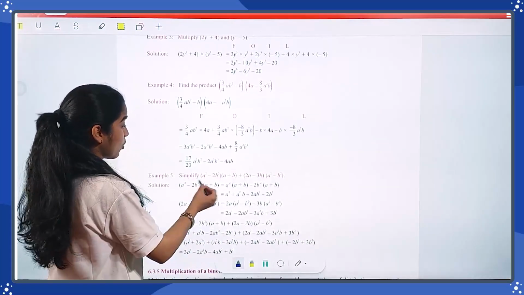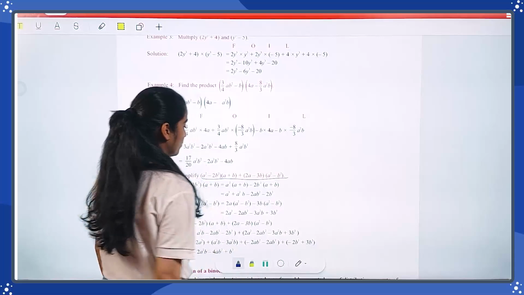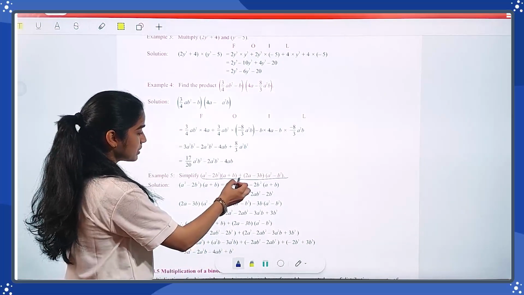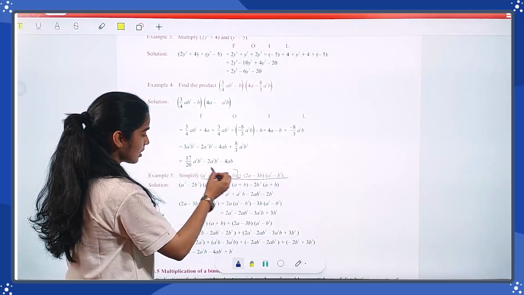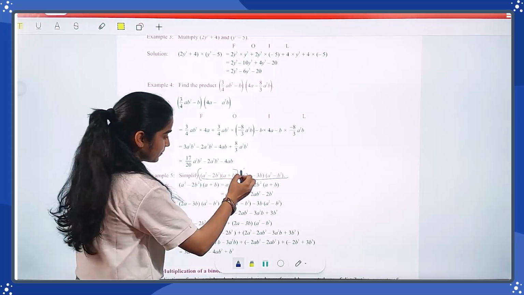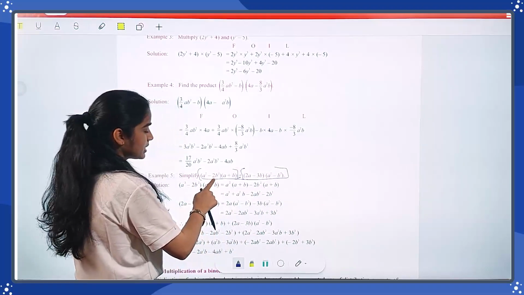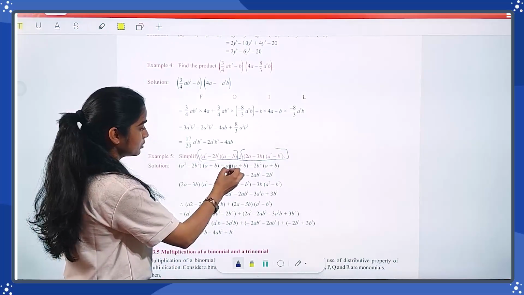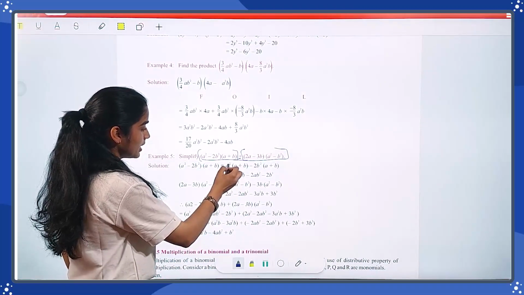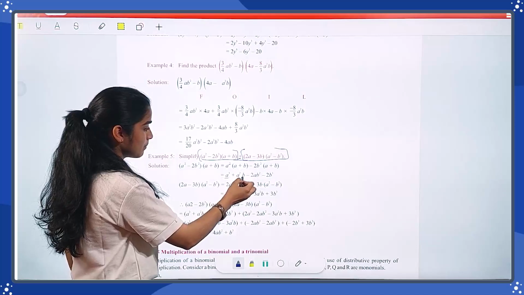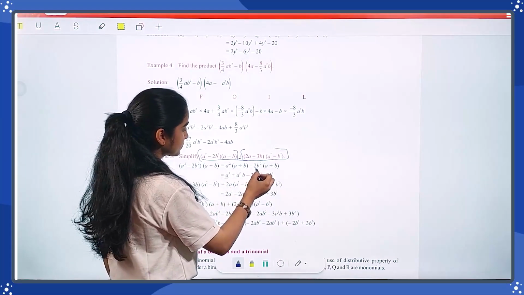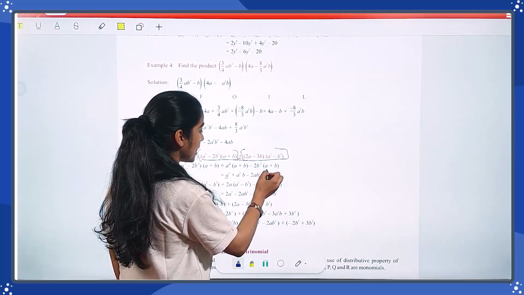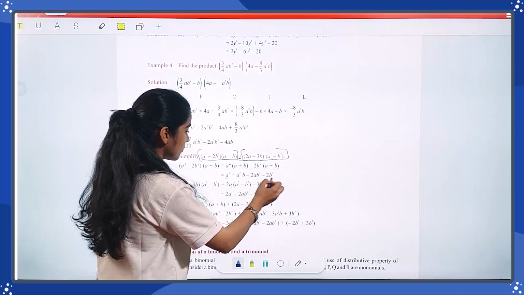This looks like a difficult question for you, right? So let's try to solve this. There is a plus sign over there, so just take two parts of it. First solve this and then move on to this. According to this, a times a is a cube, a times b is a square b, then minus 2b square, so 2ab square minus 2b cube. This is your final answer.